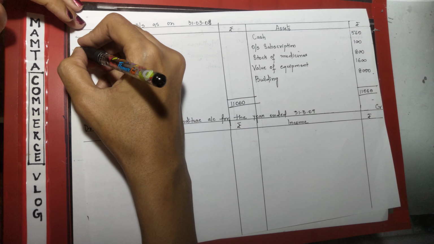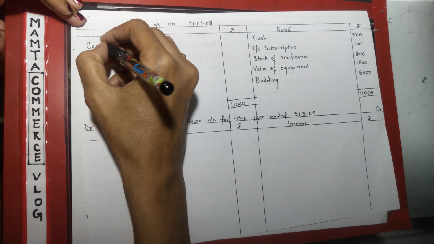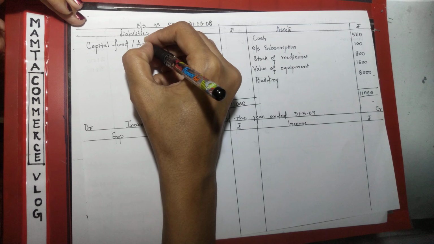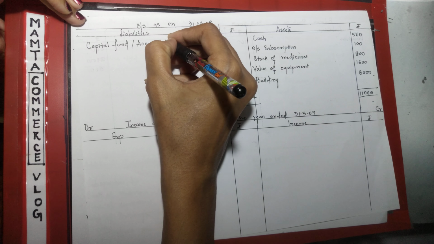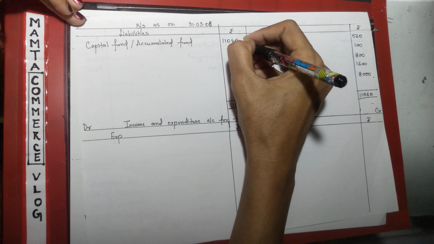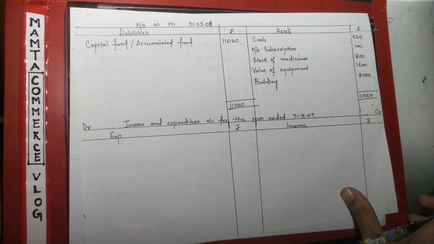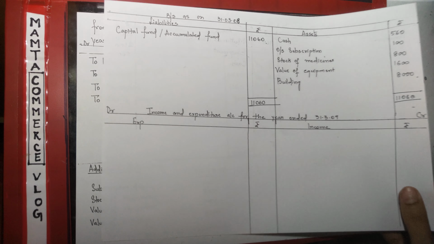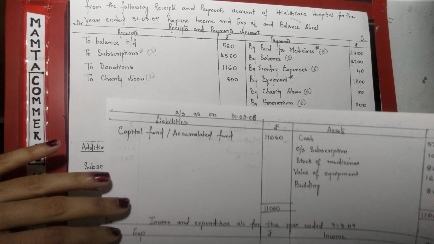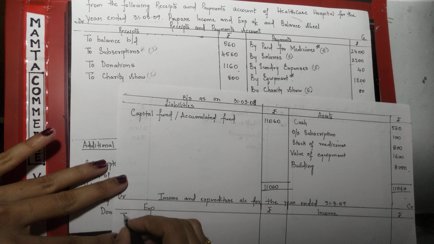This 11,060 is nothing but capital fund or accumulated fund of 11,060. Now let us move to the income and expenditure account. We will write all the amount of payment side towards expenditure. So here I will write to